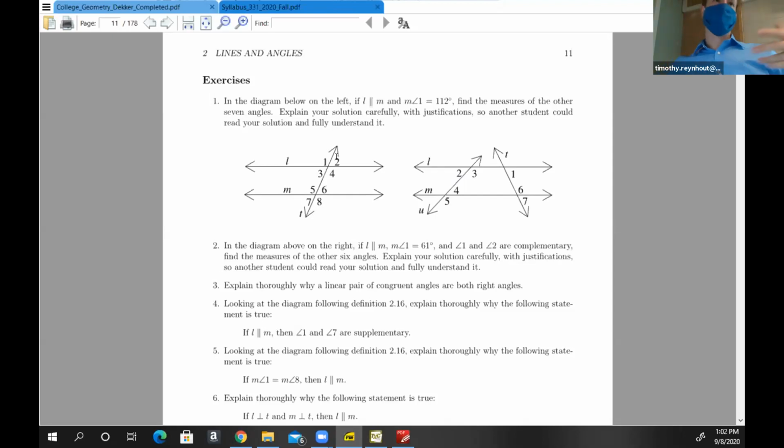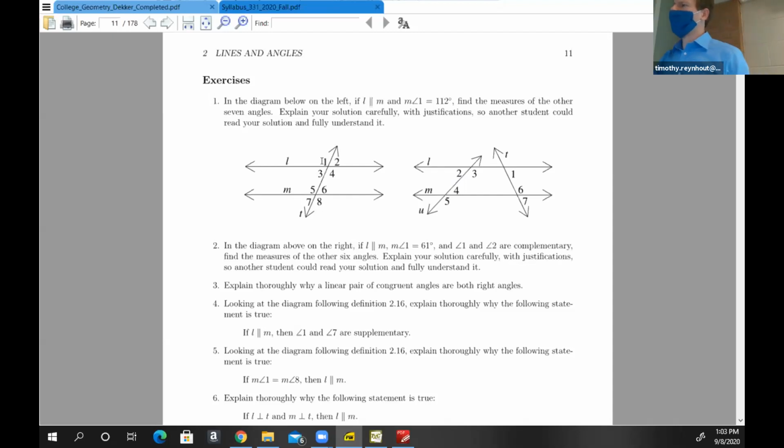I'm okay that you don't necessarily show the equation and solve the equation, because once we know that they're supplementary, that's the detail that we need to be able to find the measure. So that's fine. And then if you wanted to identify angle 4, you could use a linear pair again with angle 2, or you could use vertical angles with angle 1.